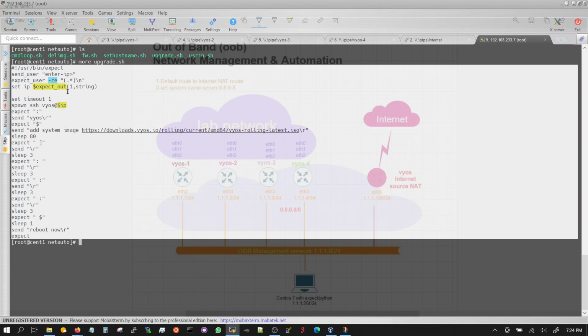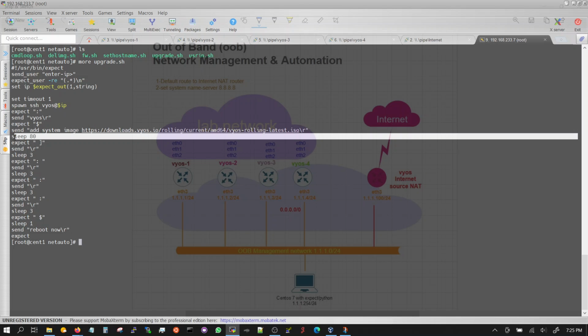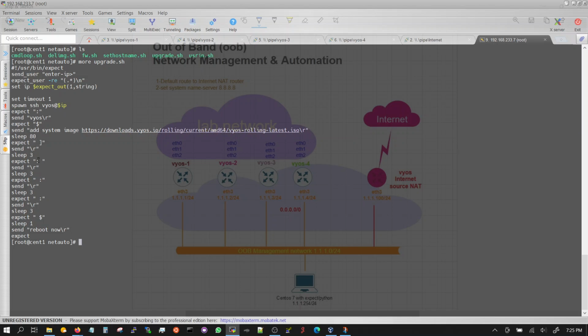Basically, you're doing the same thing. You're entering the IP manually. You're asking for a user input. You're upgrading one by one. And then the only difference here is that since the download takes a little time, I'm putting the script to sleep time based on your internet speed. It takes a minute or two for my internet to download this image, so I'm putting it to sleep for 80 seconds. And for every other command I'm just putting sleep for 3 seconds,